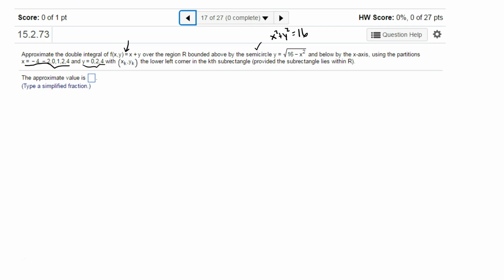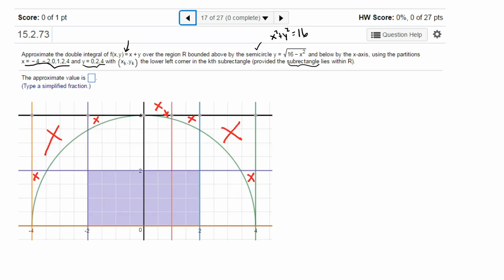And so we chop up the region into these sub-rectangles, but we're only interested in the sub-rectangles that lie within our region. Only the sub-rectangles that lie within the region. And so what's going to happen is basically we're going to get the following drawing. So with that many subdivisions in x and that many subdivisions in y,